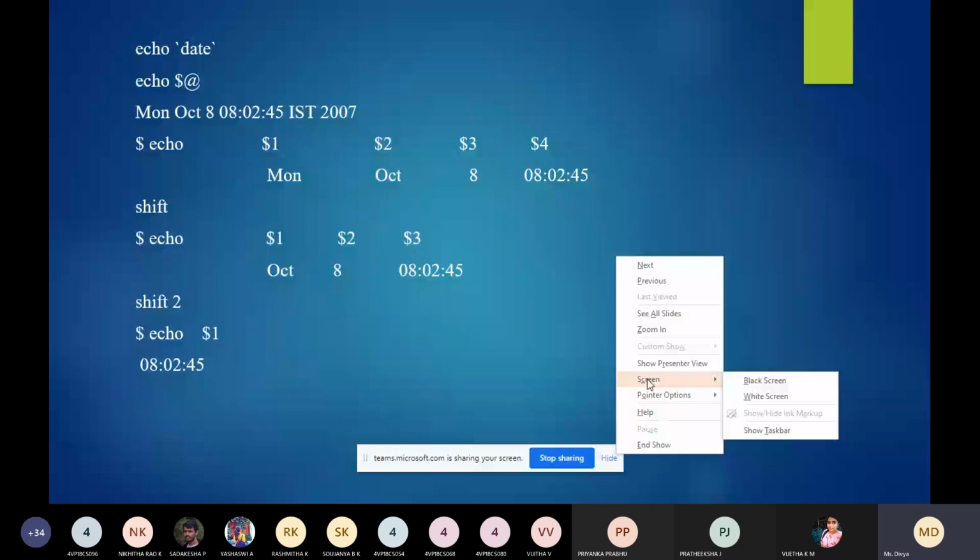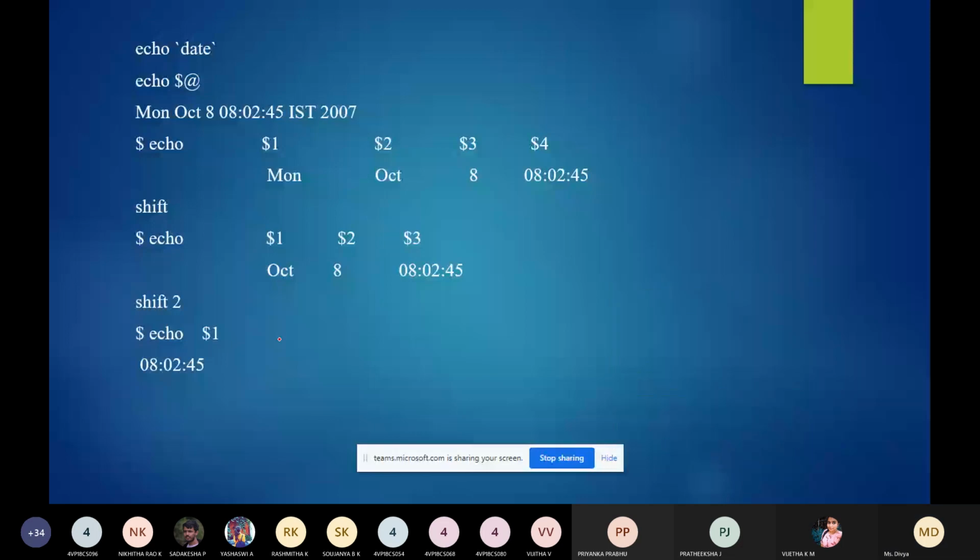For example, now $1 is having not the $2 value, but instead $1 is having the $3 value. That is, 2 positions it will shift. Now the $1 is having a 2 position shift, that is the $3 value.